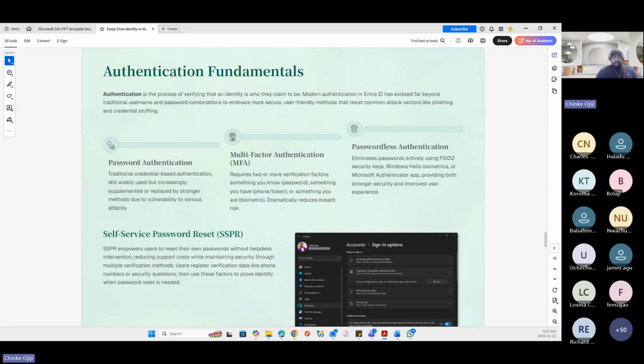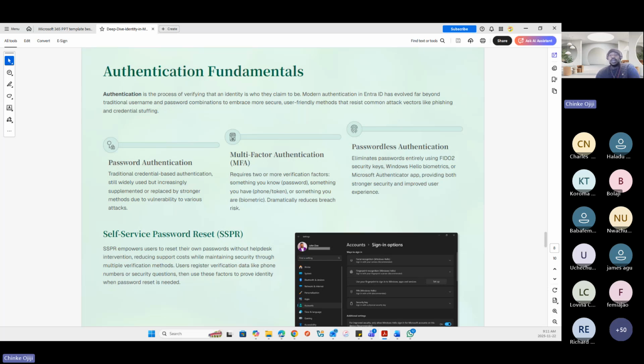Now, talking about authentication also, we've looked at authentication in terms of zero trust. We've looked at it in terms of protecting the user. Authentication is basically just proving who you are. And Entra ID allows you to do so using password, MFA, or passwordless methods, right? For instance, if you're using a Windows laptop, I'm sure you must have heard of Windows Hello, where you can use facial recognition or your fingerprint ID to authenticate yourself.